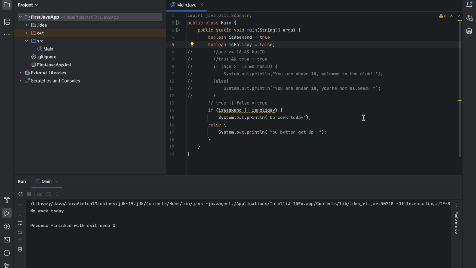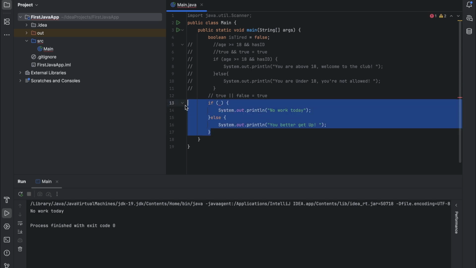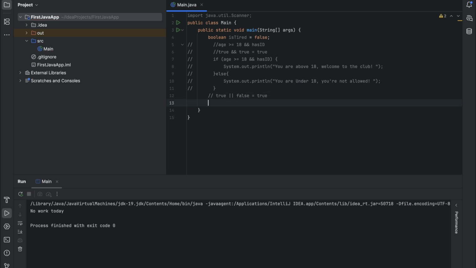Let's go to another boolean. So let's use another word, saying is tired is equal to false. Now here is the not operator. So we're taking this out and we're replacing it. Okay, let's just take this entire statement out. So learn to type from scratch. So if is tired, exactly what I want. So if is tired,